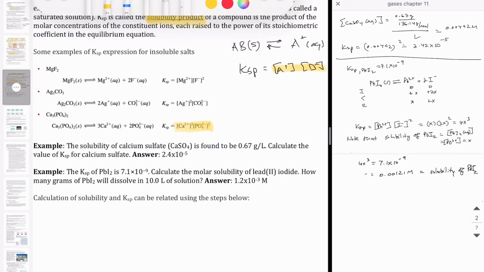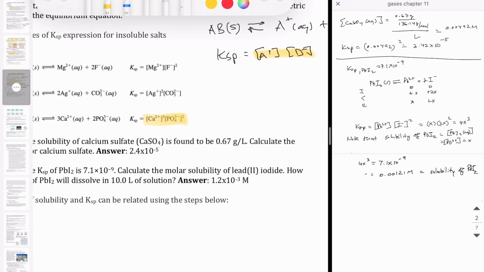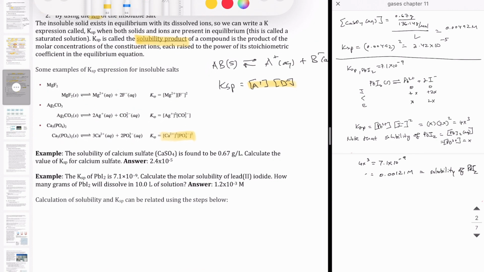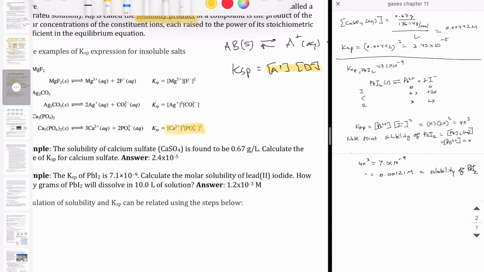So let's look through a couple of examples on how to connect solubility and KSP together, because they're both the same measure of how soluble a salt is. In the first one here, we're looking at how to calculate KSP if you're given the solubility of a salt. In this case, we're told the solubility of calcium sulfate is 0.67 grams per liter. We want the KSP. Now, keep in mind that solubility is the concentration of the soluble form of the salt at